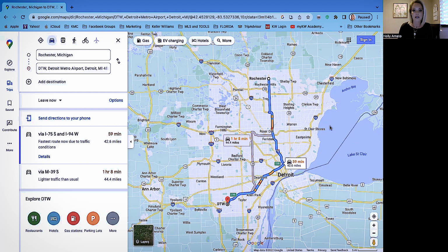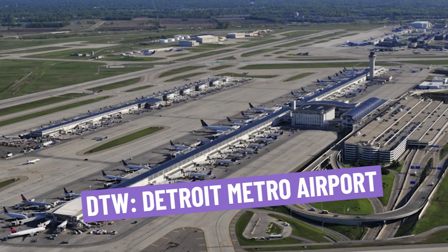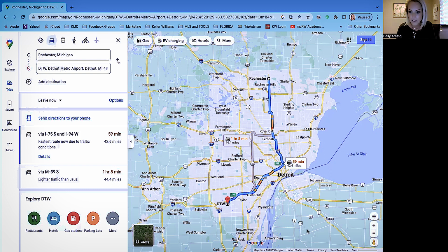There's a lot going on downtown. So there's a big reason why people need to get to Detroit and the DTW, which is the Detroit Airport. So if you take a look at the map here, let me get my pen going. You'll notice that if we're looking at Rochester, we're just going to take up the main area right here in Rochester. You're going to take all the way down